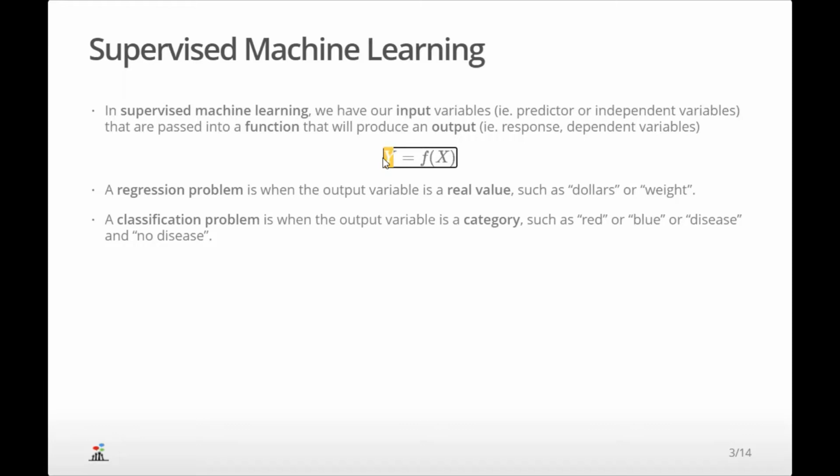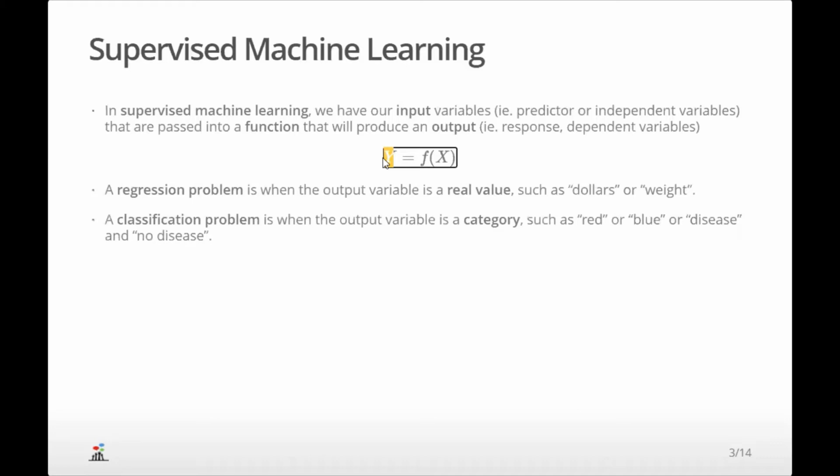You just have to remember that in supervised learning, most of the time we are interested in predicting an outcome or an output. And this output can either be a real number or a category or qualitative data. So based on your output variable, you can classify a problem as a regression problem or a classification problem. If your output variable is a real number, then that's a regression problem. So for example, if you want to predict the sales or the price in dollars or weight in pounds or kilograms,